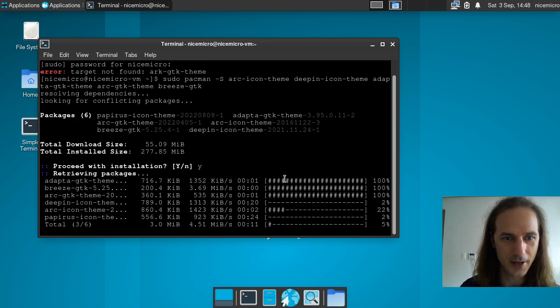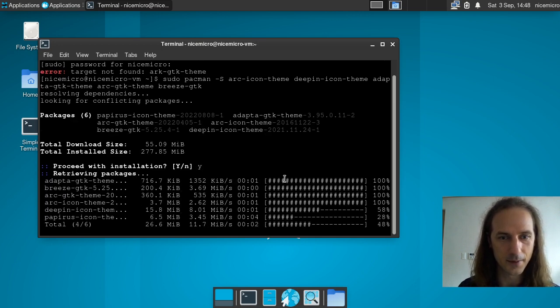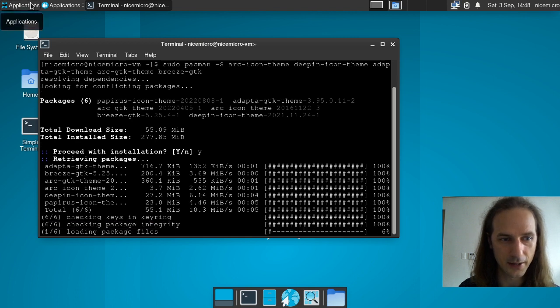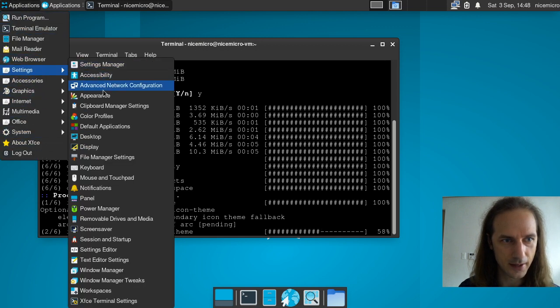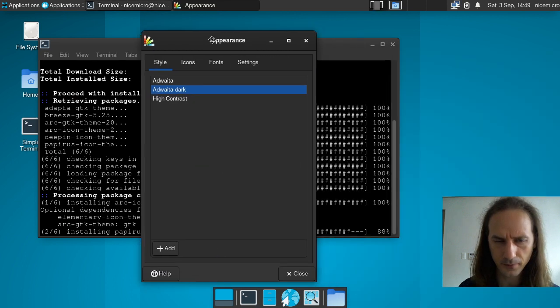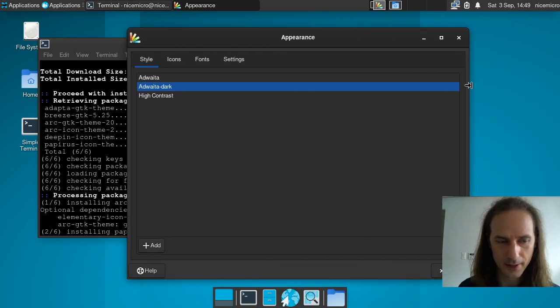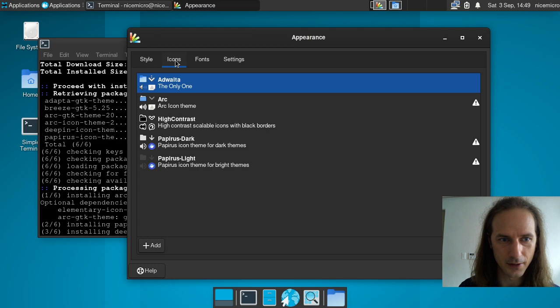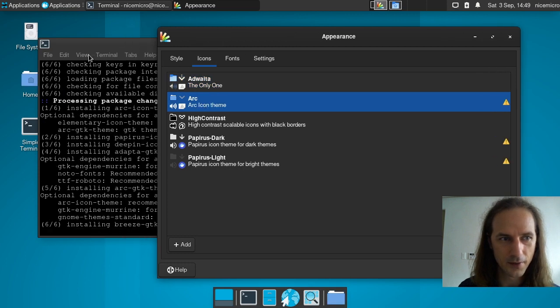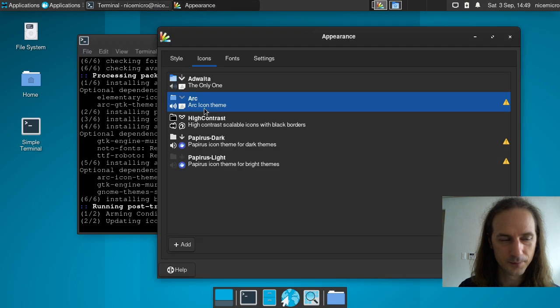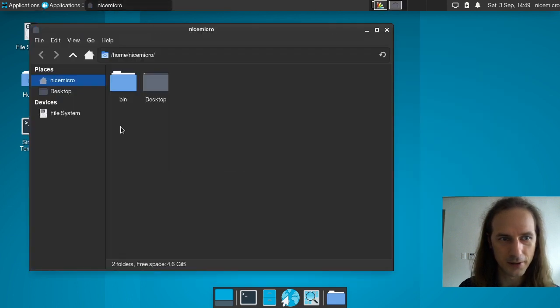So let's install all of these, and once these themes are installed in our system, we can go back to our settings and apply them. So let me just go to settings and appearance here. And let's wait until the things appear. So you can see the Arc icon theme has already appeared,